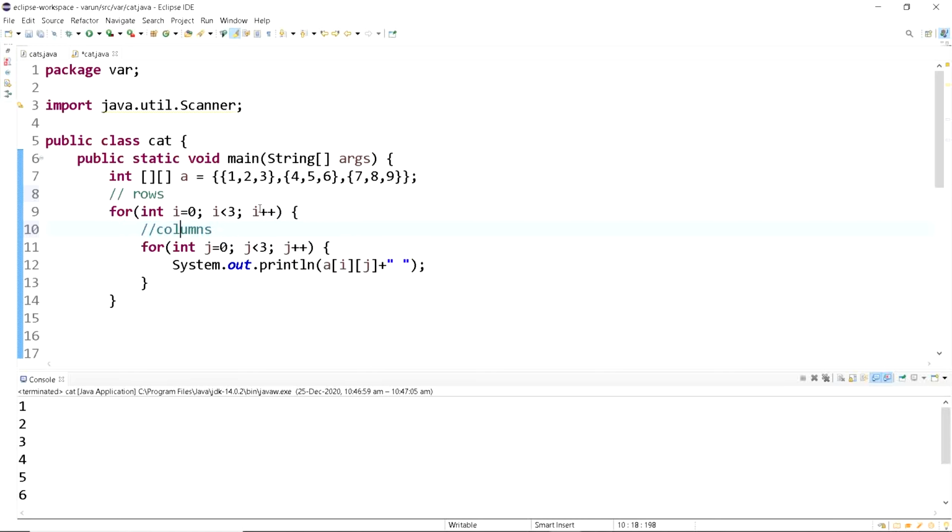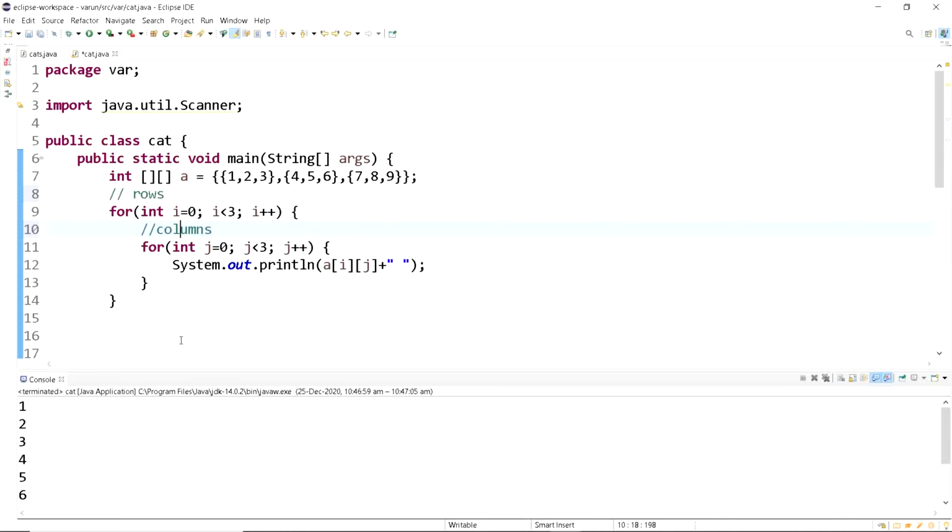As there are 3 rows, it is going to run 3 times, and inside these 3 rows it is going to run j equals 0, j less than 3, j plus plus. There are 3 columns here, so there are 3 elements inside each row, so all 3 are going to get printed. And we have mentioned a of i j, so it is going to print this array.